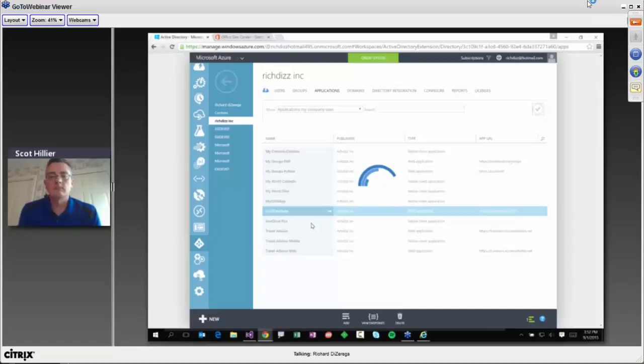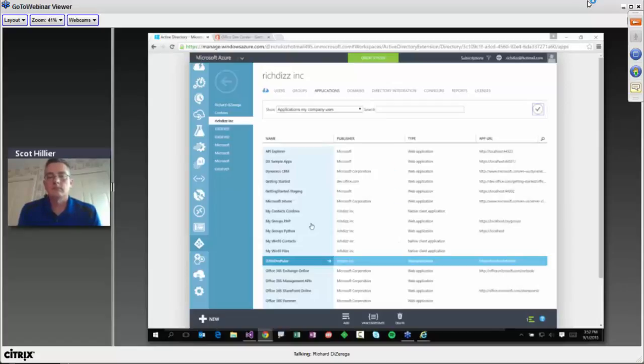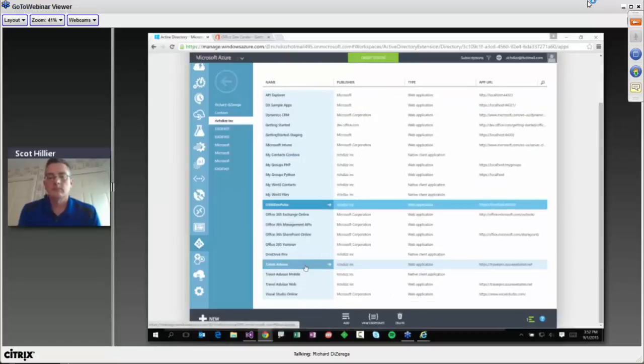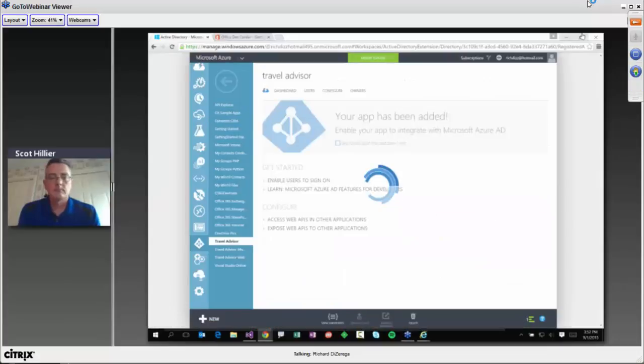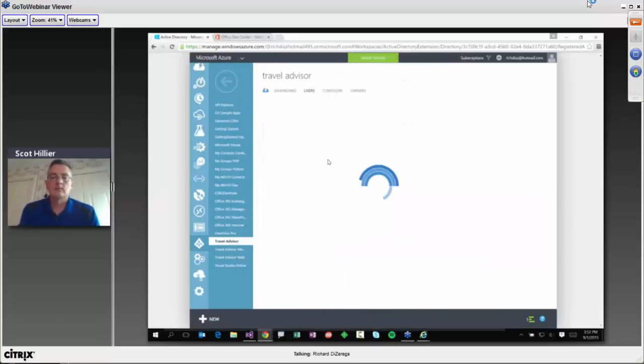So if I go to the applications that my company uses, it'll show me a bigger list, and I can go and revoke if I wanted to, or see what users are using what apps. So it's all in here. If I go under users, you'll be able to see all the users that use this travel advisor app.